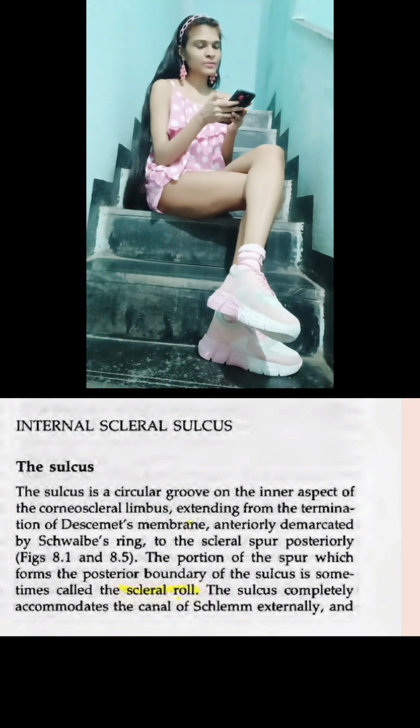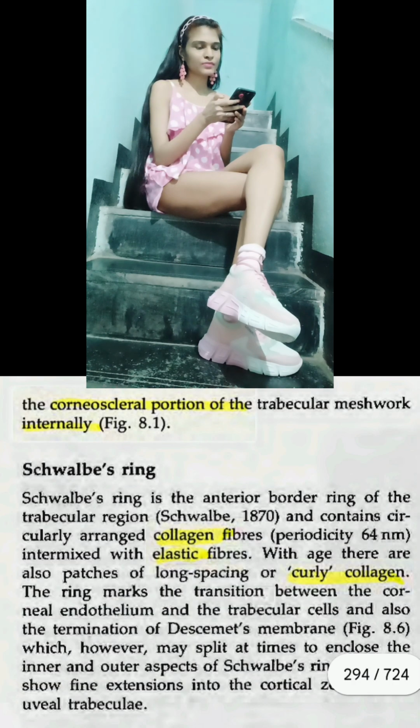The sulcus completely accommodates the canal of Schlemm externally and the corneoscleral portion of the trabecular meshwork internally. Shaw-based ring. Shaw-based ring is the anterior border ring of the trabecular region and contains circularly arranged collagen fibers, periodicity 64 nanometer,